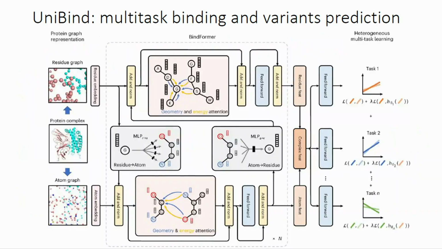And similarly, there's UniBind, which tries to solve multiple tasks at the same time. But they have a very similar intuition, where you build these interface graph neural networks, both at residue level and atom level. And the difference is that you directly compute regression or classification loss, and you can do multitask learning here with different levels of